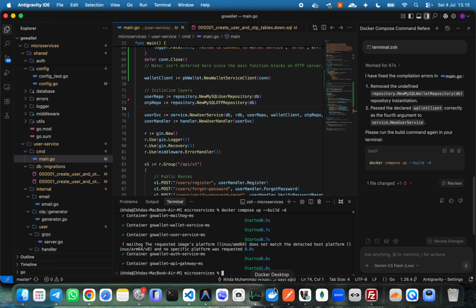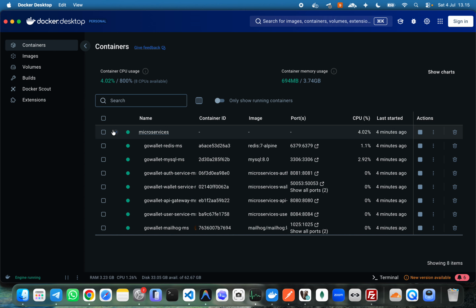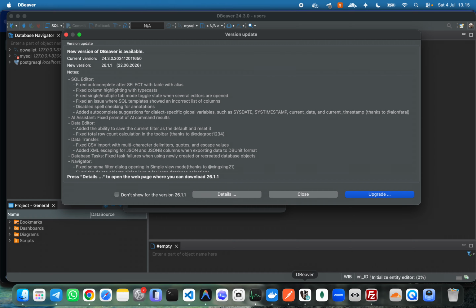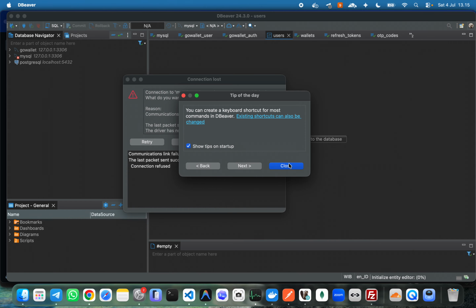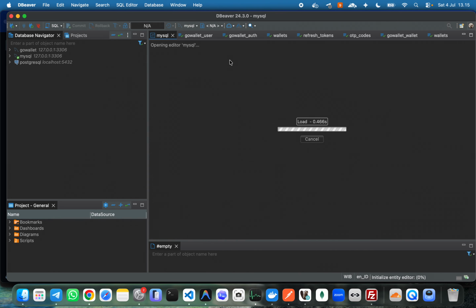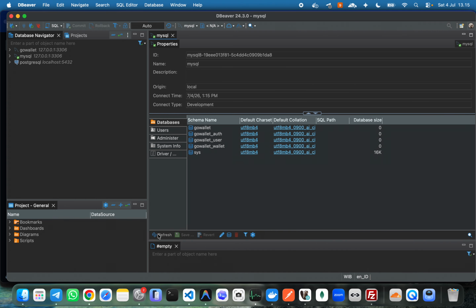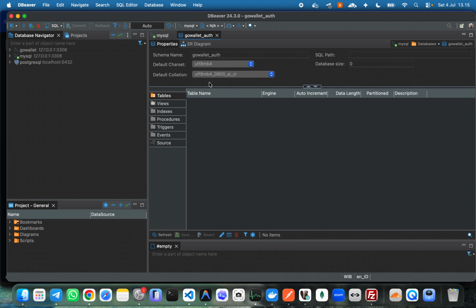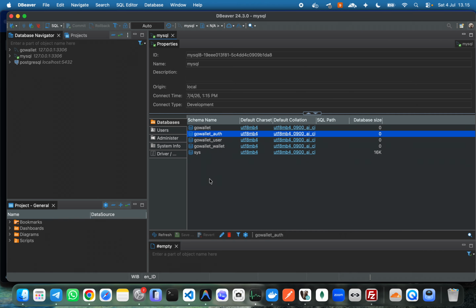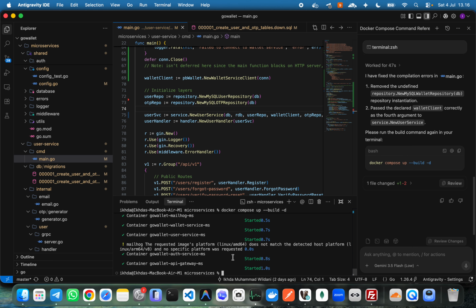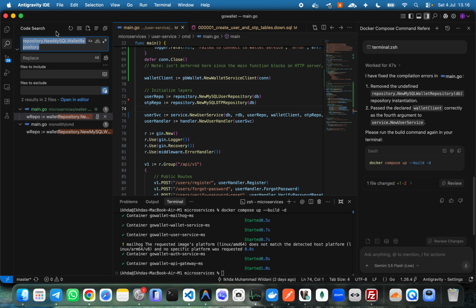Okay, this one has been started. We check. Yeah, all of this is started. Yeah, so I wanted to go to the database to check whether the database is already created or not. I close folder and I refresh. Yeah, we have out, user, and wallet, but this is blank database. We don't have the table yet, so we are going to migrate, right? Migrate